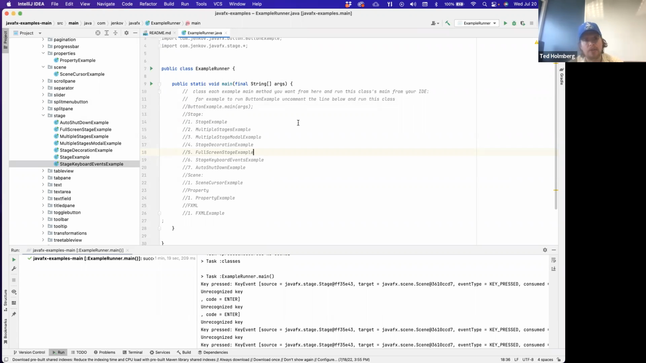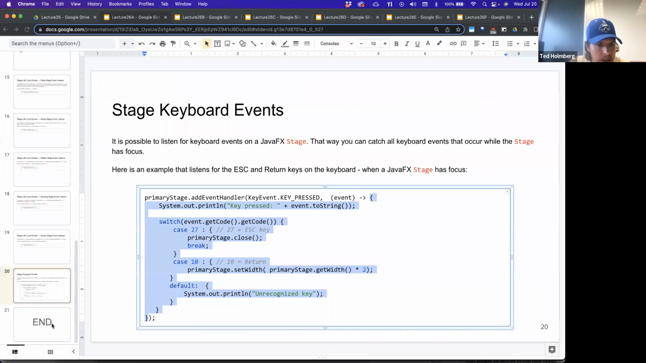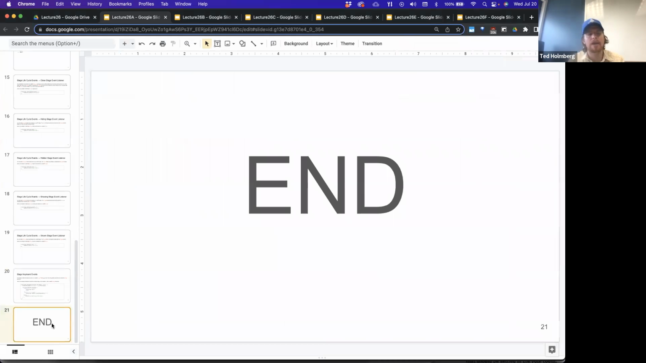And let's go back to our slides. Okay, and so that's pretty much everything that defines at least our stage. So we're going through the JavaFX core components, and so that's our most fundamental component. So if there's no questions about that,